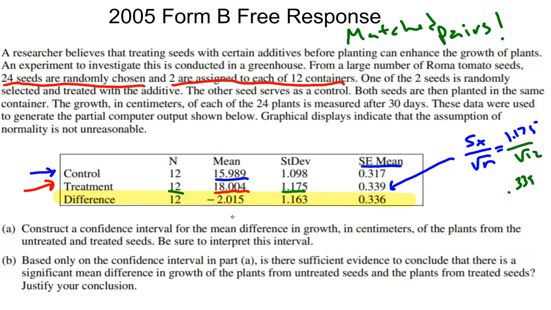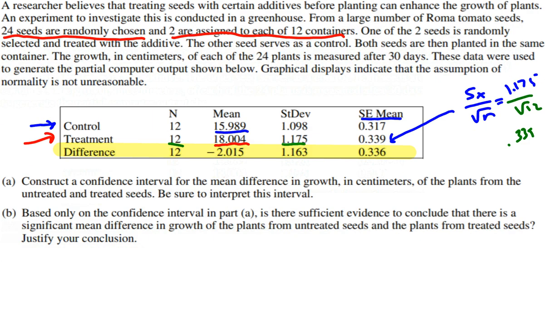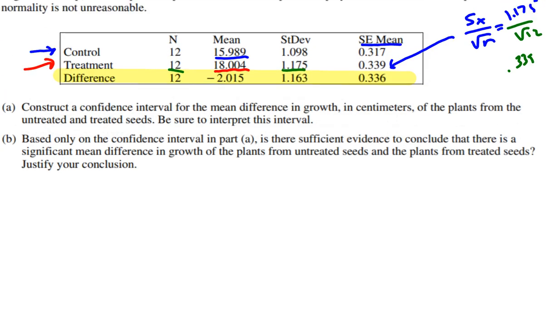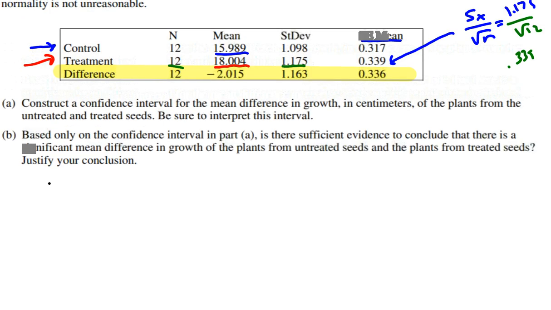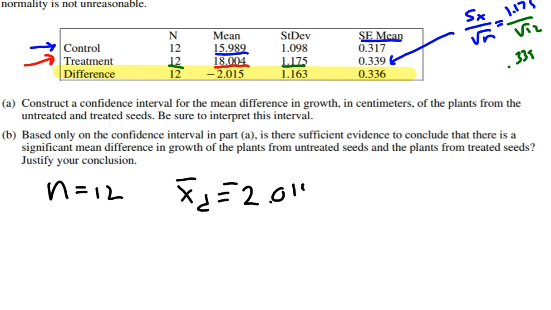For example, let's start to write some of this stuff down. So we know that the sample size here in this experiment is n equals 12. We know that x bar of the difference is negative 2.015, right? So that's this number here. And then we know the standard deviation of the difference is 0.336. And I'm sorry, that's not correct. We'll get back to that. The standard deviation of the difference is